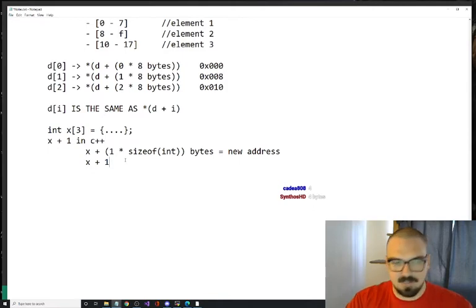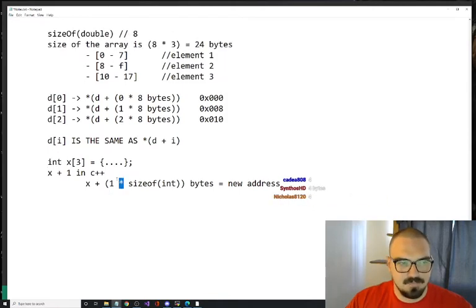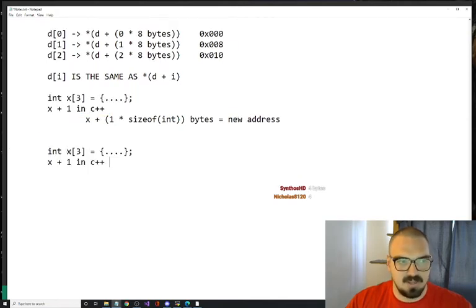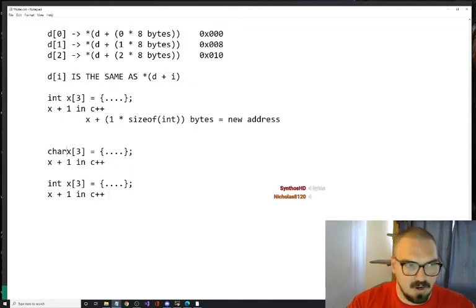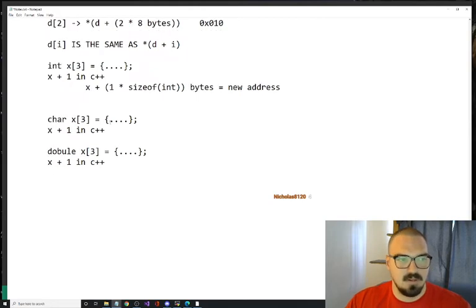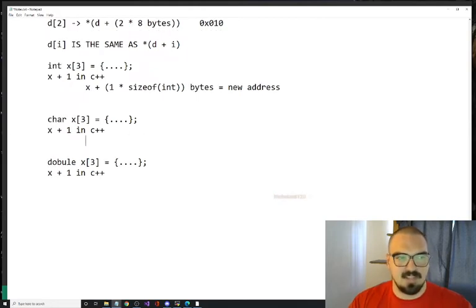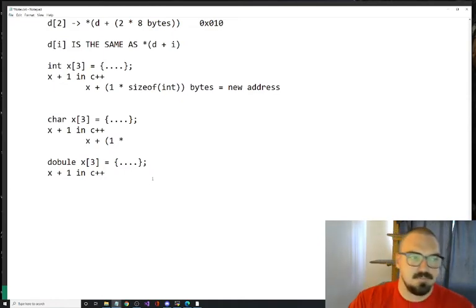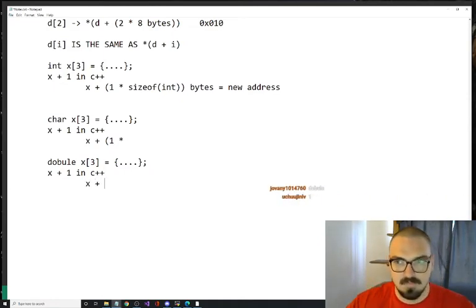So let's pretend we're doing, say, just a double and a char. I just want to make sure we know this. I know I'm kind of repeating myself, but this is important stuff, I promise. Say we're doing a char. Let's say we're doing a double. We do an x plus 1 in C++. So what does that come out as? It's x plus, say, 1 times how many bytes for a character? 1, right?